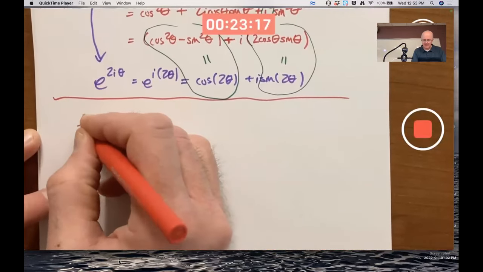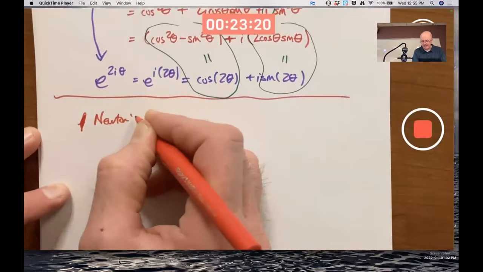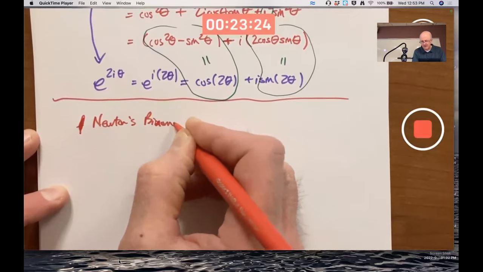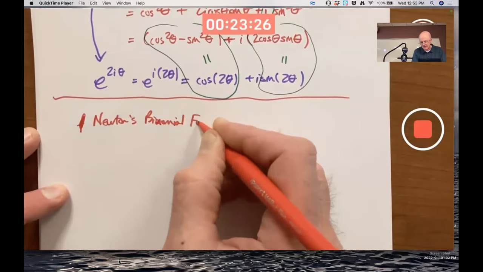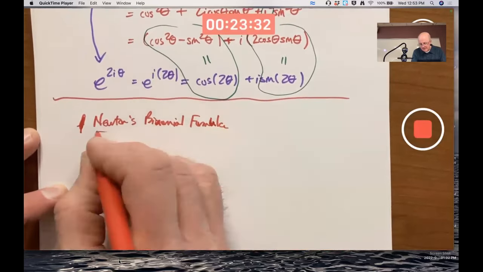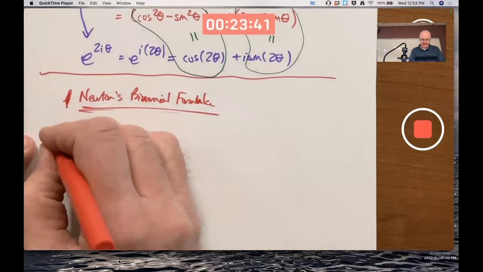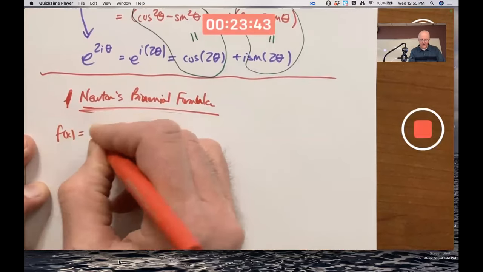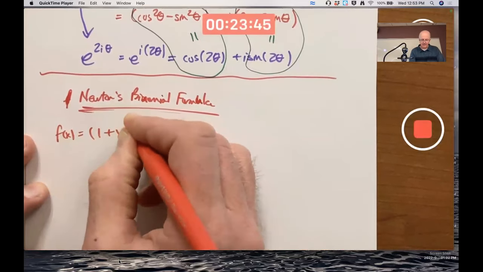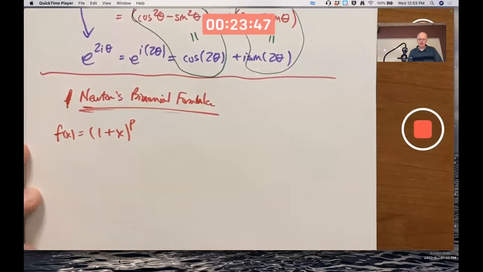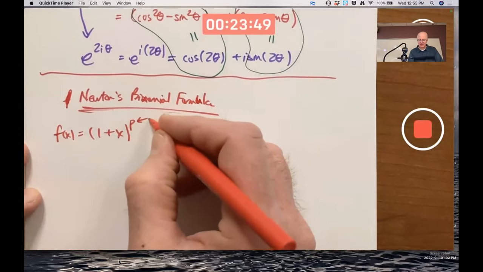Let's do next Newton's binomial theorem or formula. Newton's binomial formula. Let's let f of x be 1 plus x to the p power,